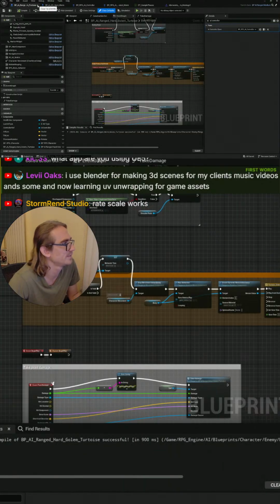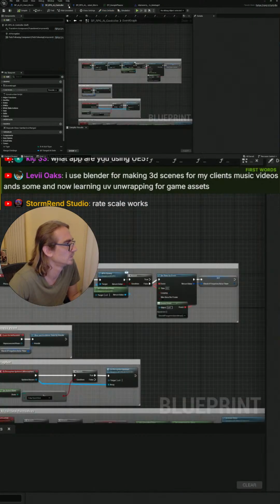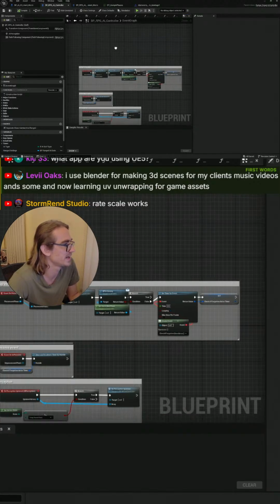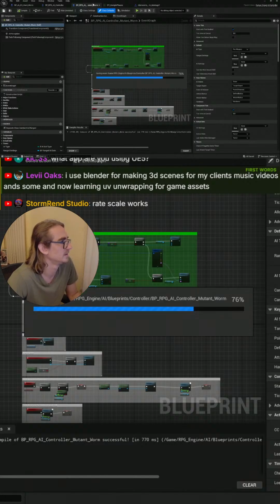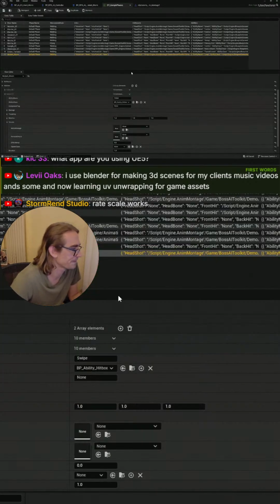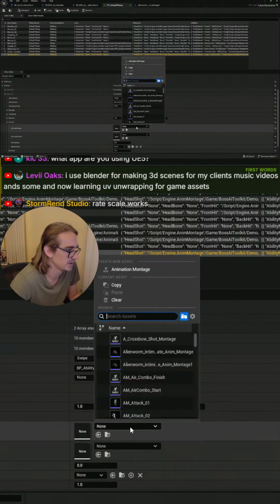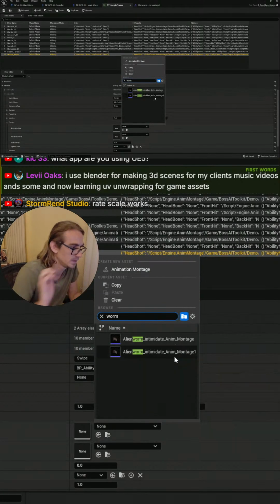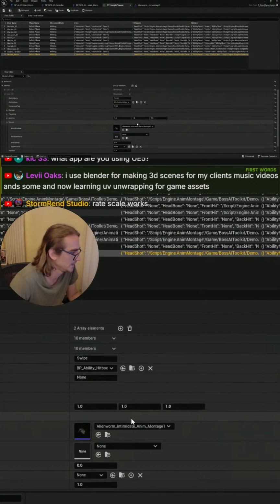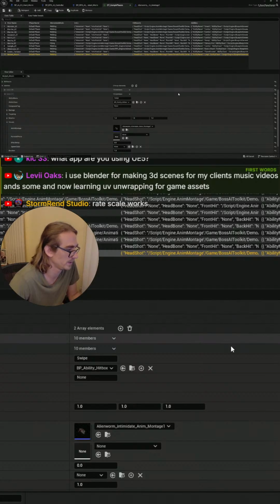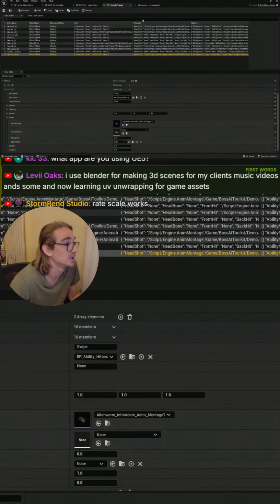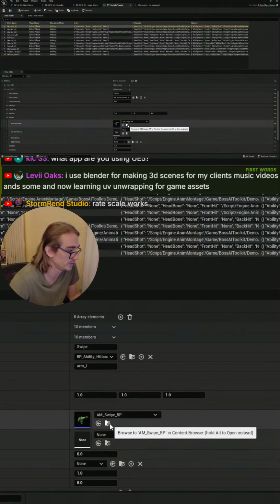Turtle, I think we don't need it for now. I really want to figure this one out with the turtle. So, hitbox. Okay, so animation montage. We're gonna use worm, intimidate 1, and we need some more stuff for this to work. We need the hitboxes inside the thing. So monster